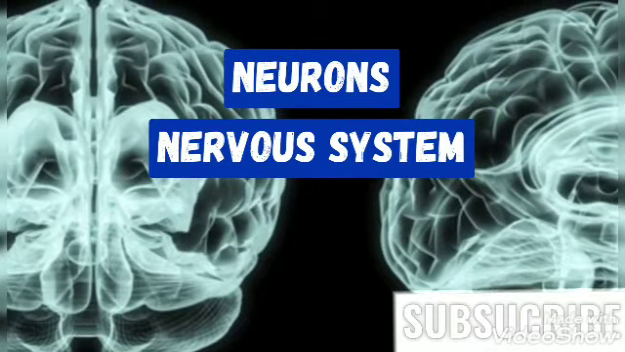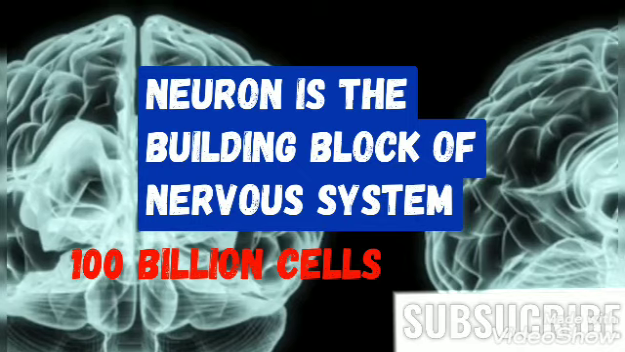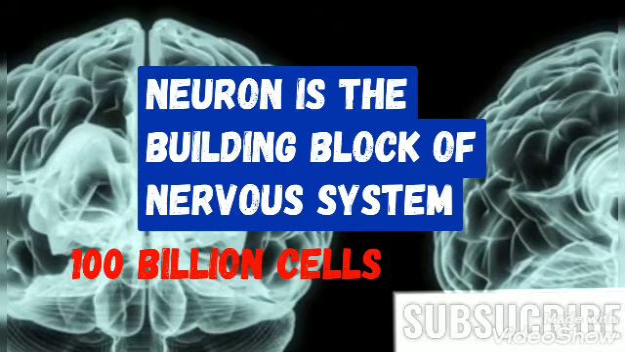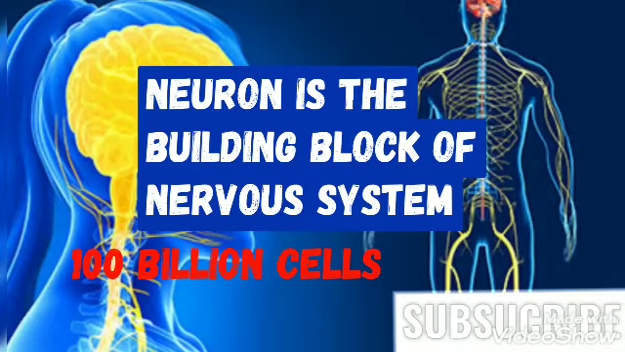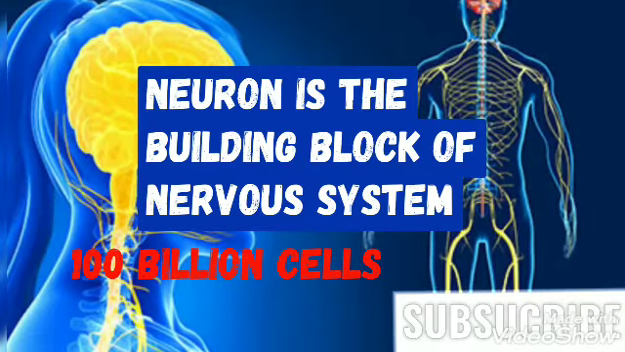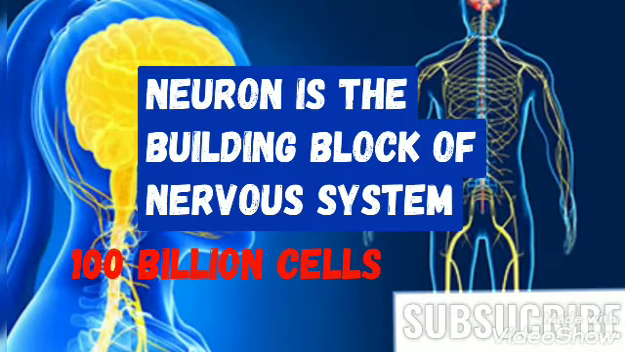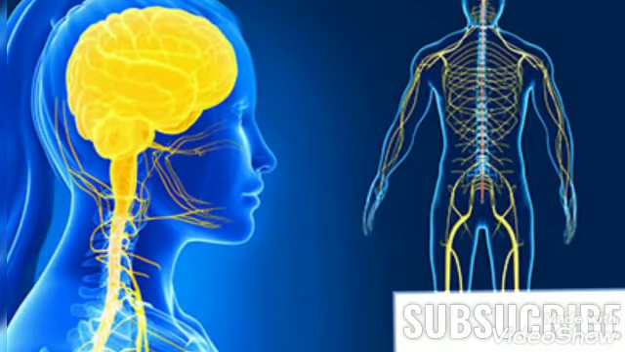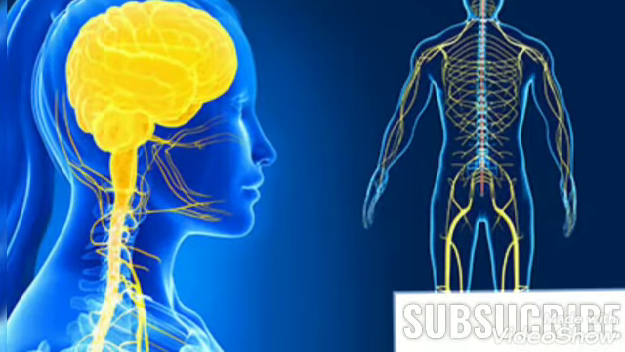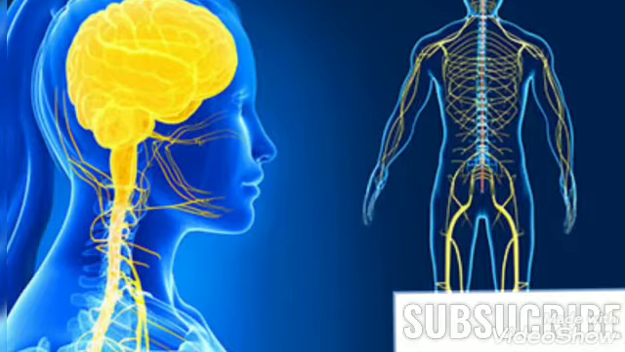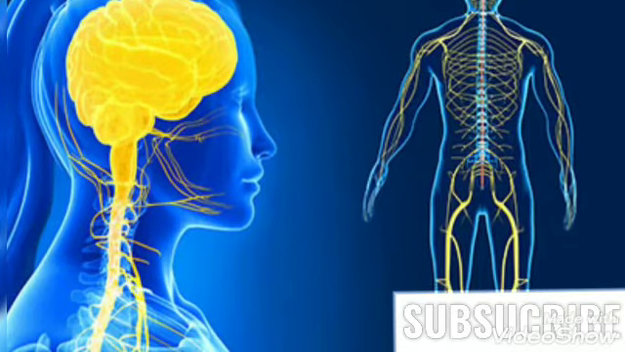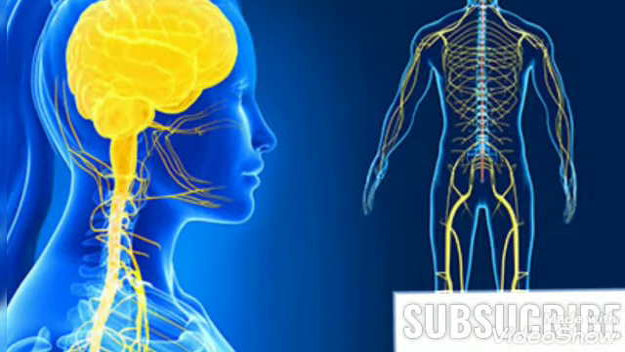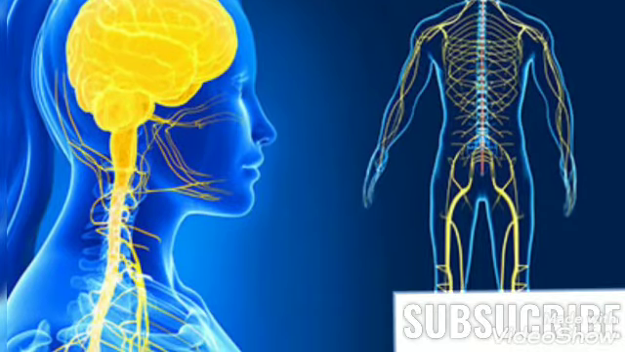As we know, the neuron is the building block of the nervous system, and the nervous system is composed of more than 100 billion cells known as neurons. A neuron is a cell in the nervous system whose function is to receive and transmit information. Neurons are made up of three major parts: a cell body or soma, which contains